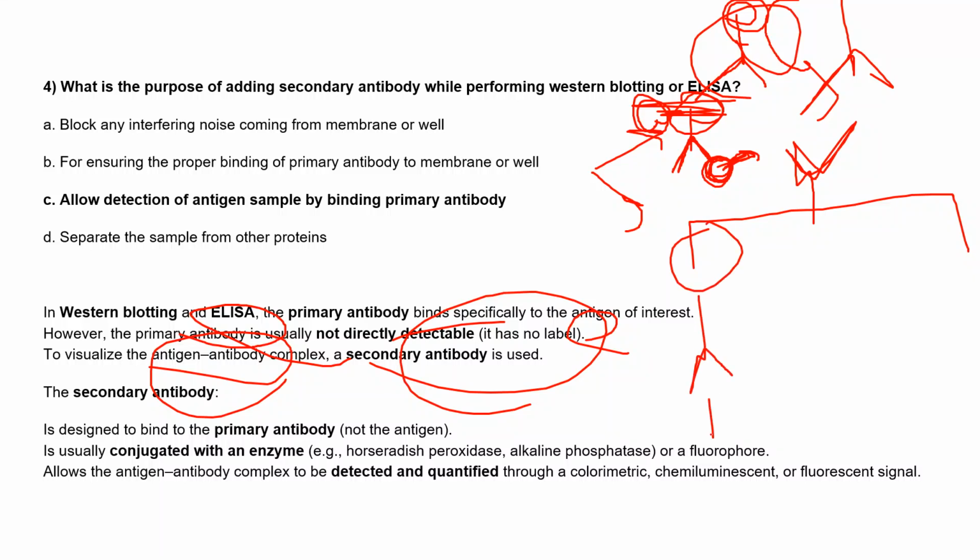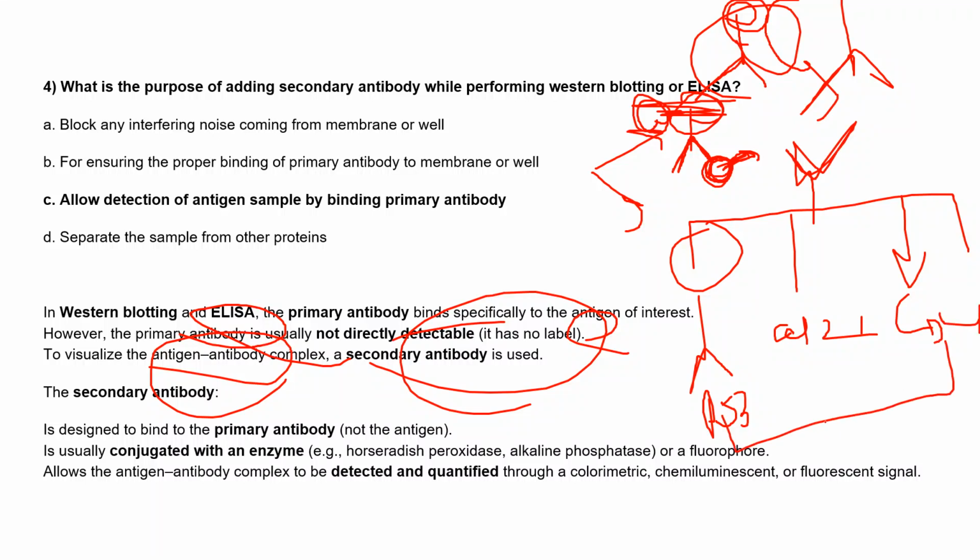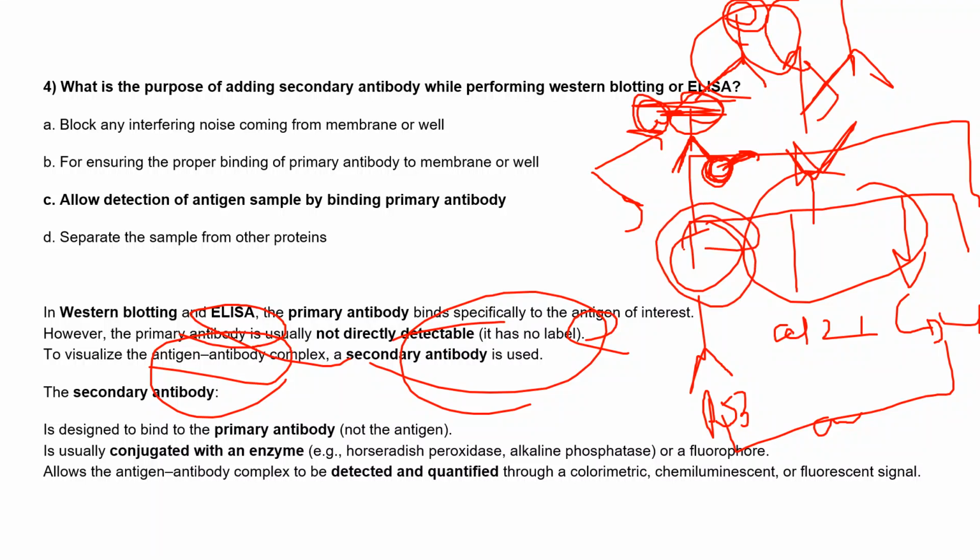If we want to check the p53, then there is a specific antibody for p53. If we want to see the bands of CD21, then there is a specific antibody for CD21. If you want to see the bands for CD44, then there is a specific antibody for CD44, right? But if all these antibodies are raised in the mouse, then we can use the same secondary antibody for all of the three, that is anti-mouse, right? In case of this Western also, the primary antibody must be specific to that particular protein, p53.